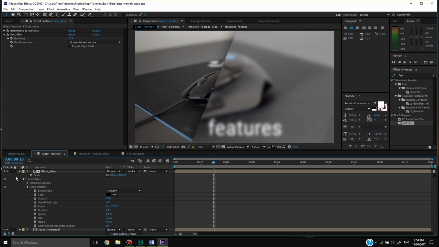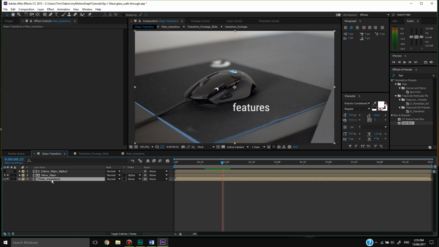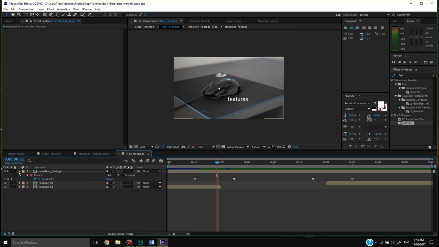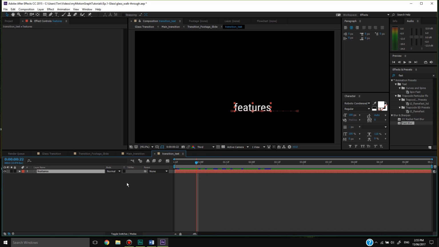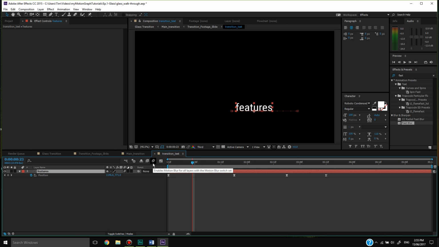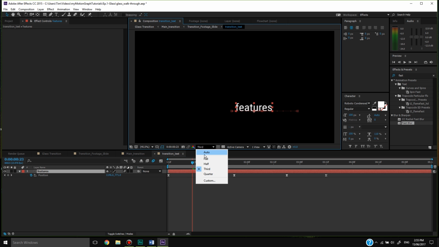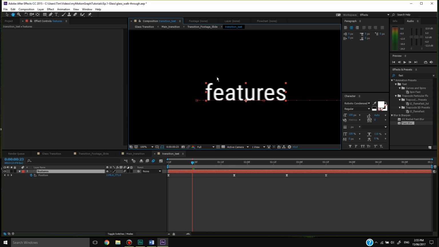Yeah, 150. What I'll also do is go back into the main transition, go into the transition footage where we have the text, and what I'll do is add some motion blur to this text. If I toggle switches, tick this motion blur icon as well as this one, and you start seeing some motion blur. So if I zoom in here,